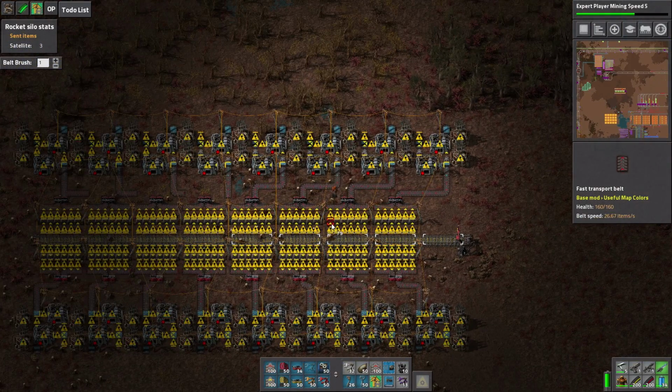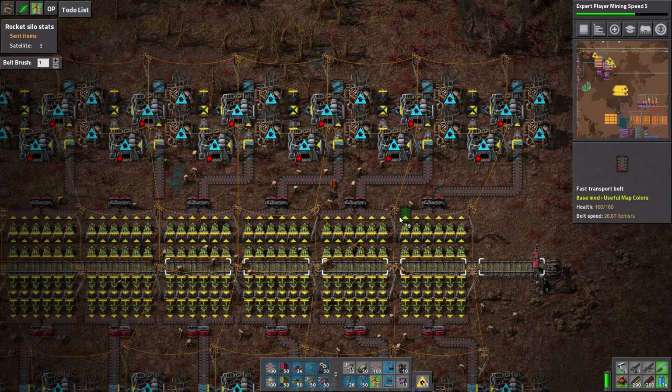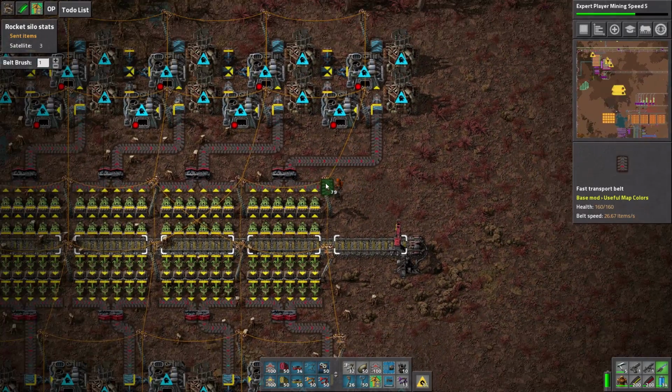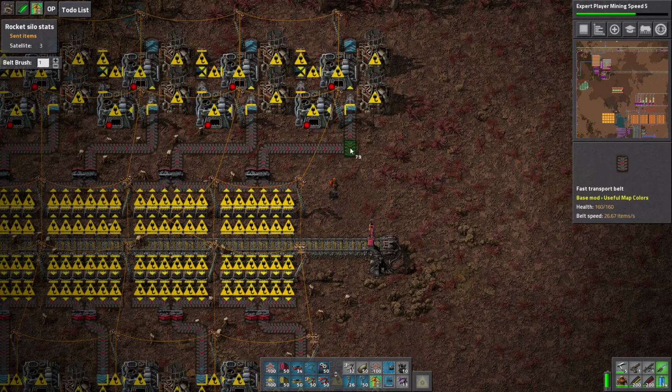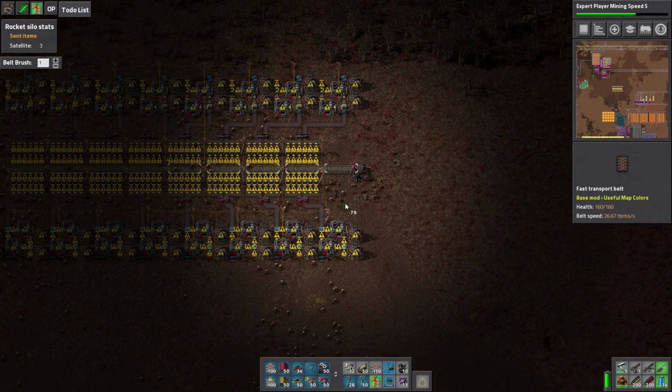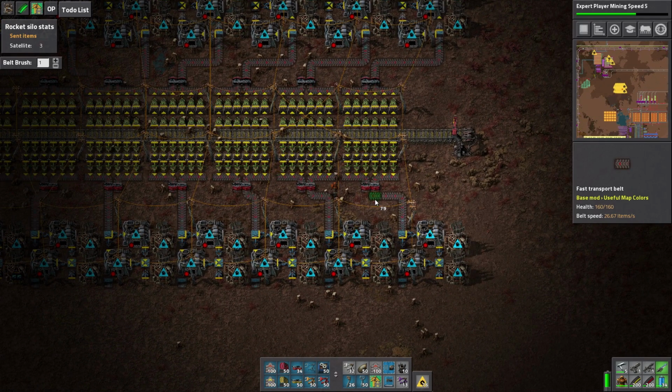Doesn't look as good on this side, but I think it works the same, and the beacons do actually line up. There's going to be some inconsistent spacing and stuff like that. Do we need RoboPorts on the inside? Would it be